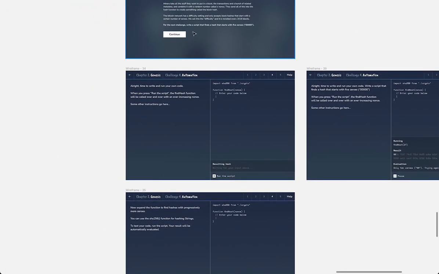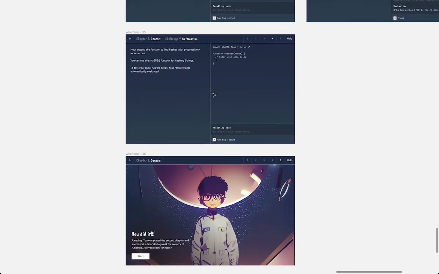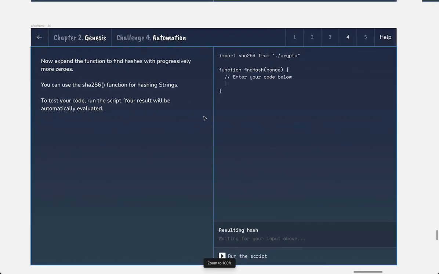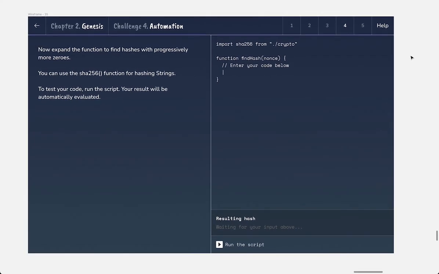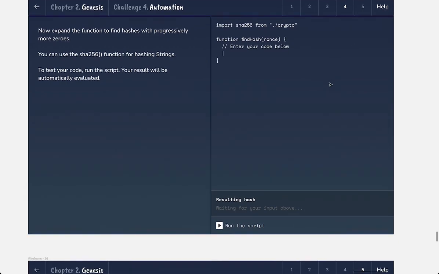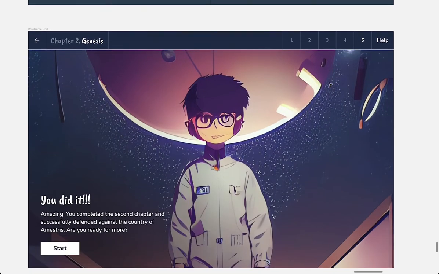Then there would be another info screen here in the middle, and then we would go to the next challenge, which is writing a function that finds hashes with progressively more zeros. So for this one, my question would be, well, when do we stop? Do we let the script run until 10, and then we let the user know that they can move on to the next section? Not totally sure here, but basically the logic, everything would be as before. And then I finish everything, and then